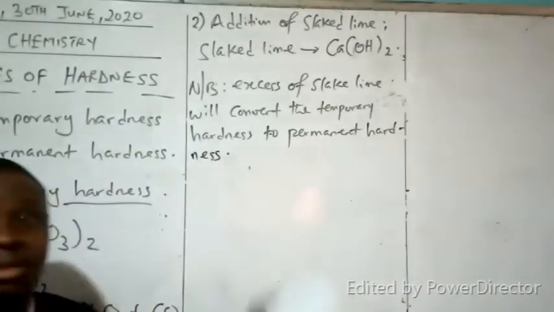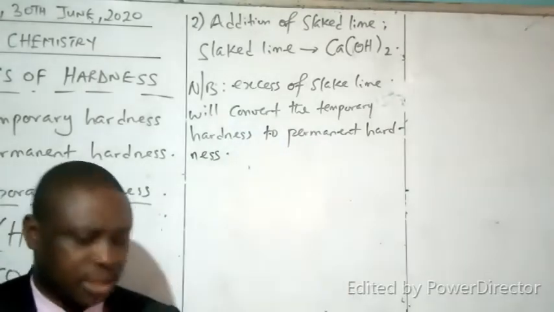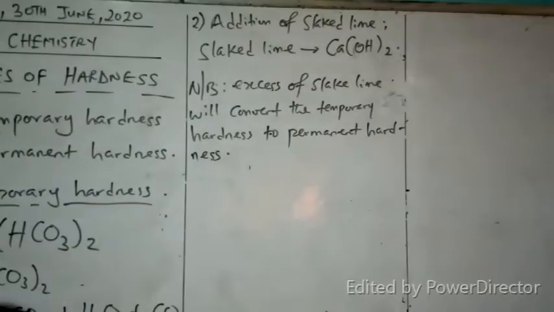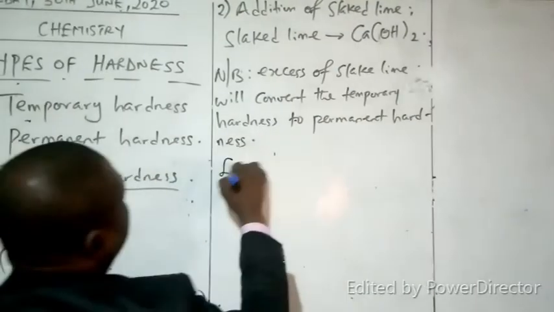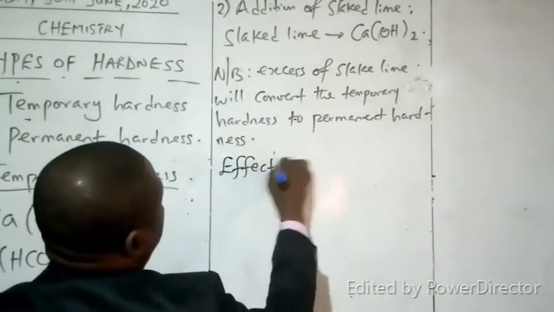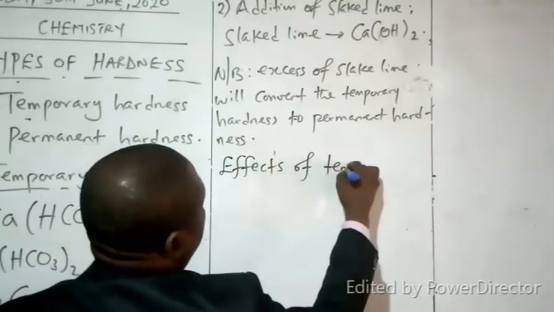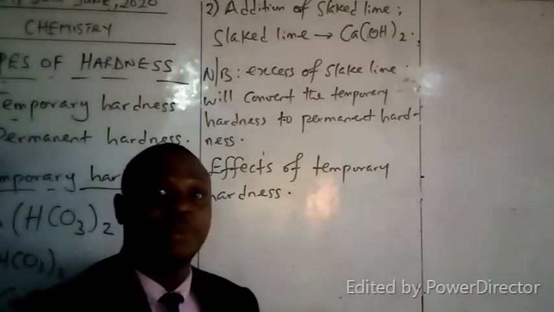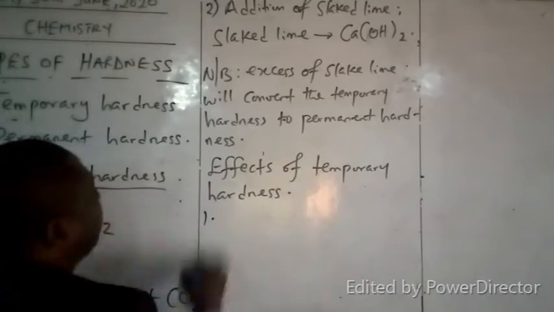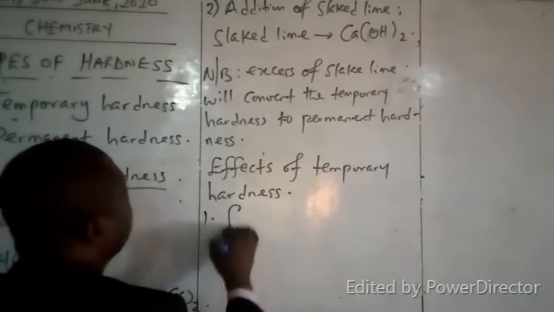So one must be very careful when using that method. Now the next is, let's look at the effects of temporal hardness. One of the effects that you can have is the furring of kettles